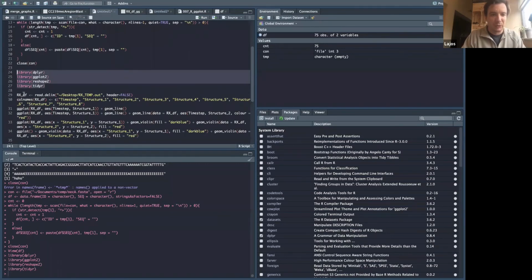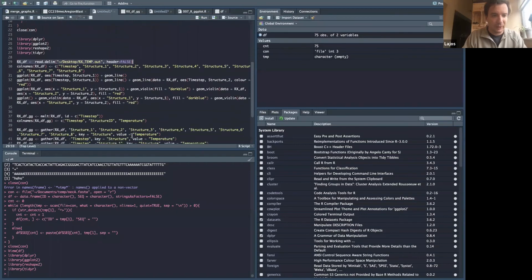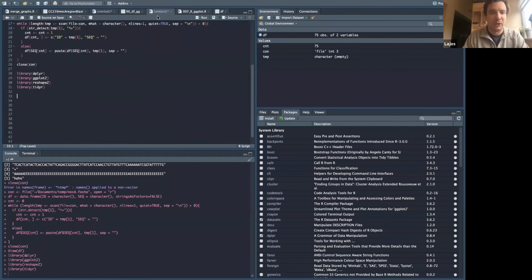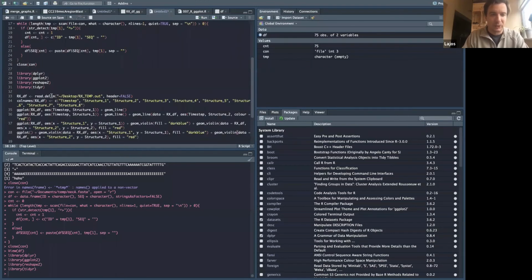So what we will do, we are going back to this infamous replica exchange data set. I think I will copy this whole thing and I will go through step by step. As you may remember, this RxDF, which you should already have, this RxTemp txt file, which we used before. This is the output of a replica exchange simulation, and this is the temperature output of 8 different